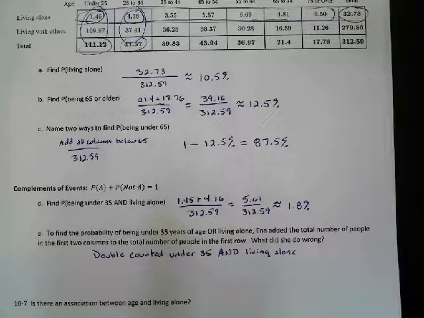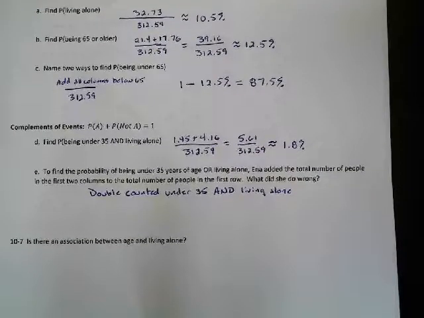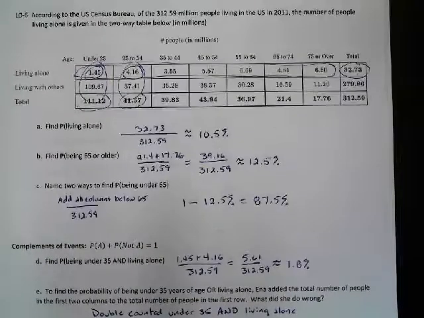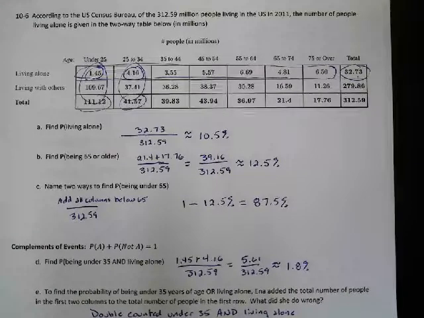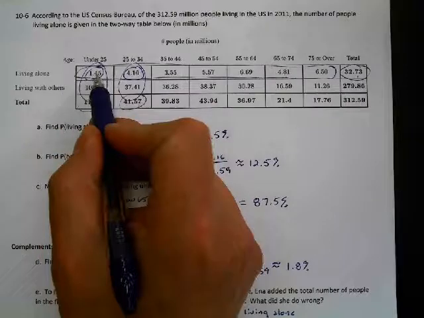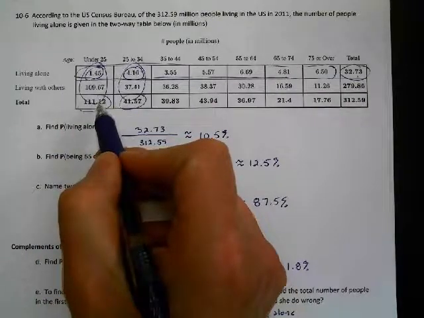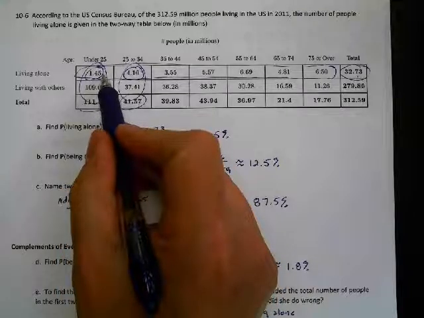All right, is there an association between age and living alone? So are those two related to each other? Well, what we could do is we could find our percentages to see what that looks like. Let's just do a couple of them and see if it changes our probabilities here. Let's just do the first one and see what happens. Of the under 25-year-olds, what's the probability that they live alone? Well, the under 25-year-olds,